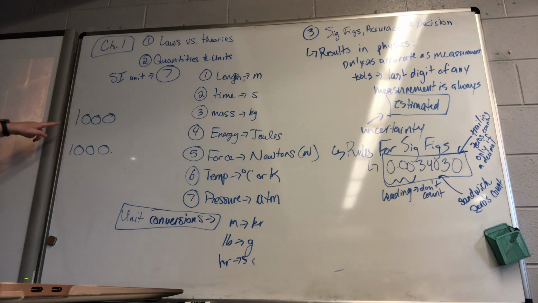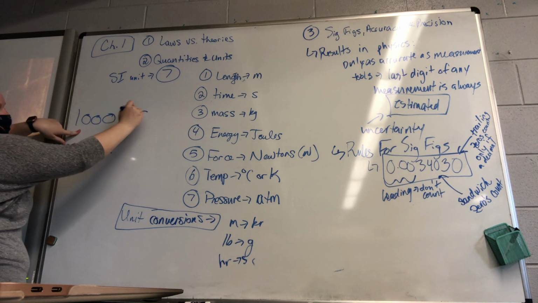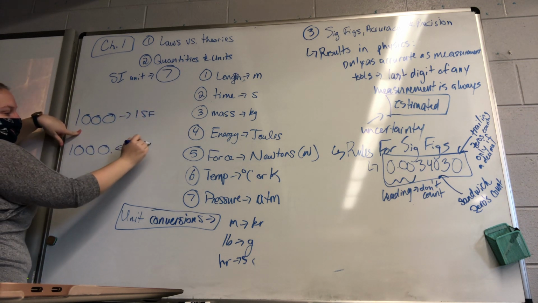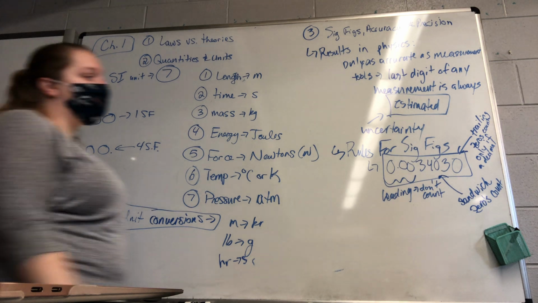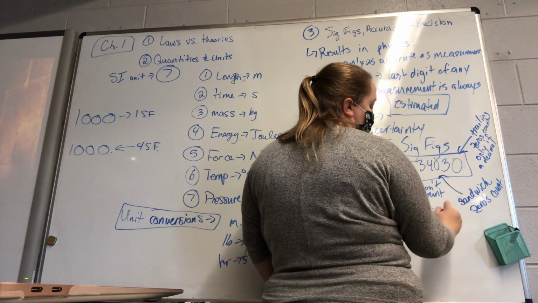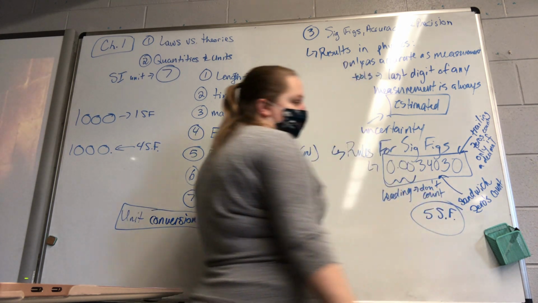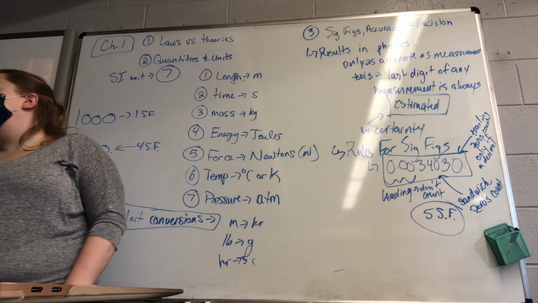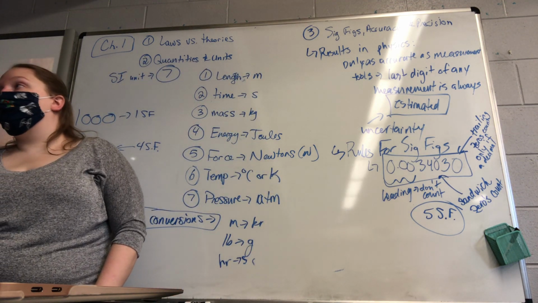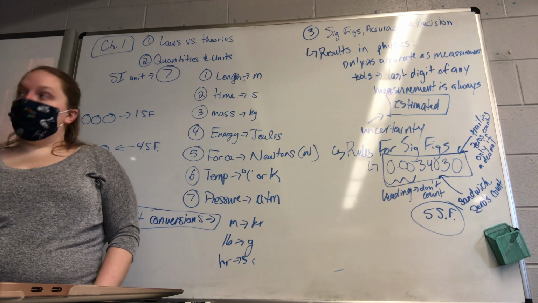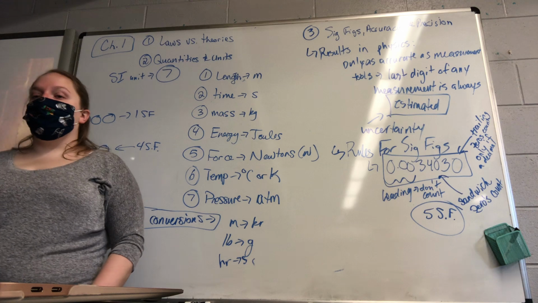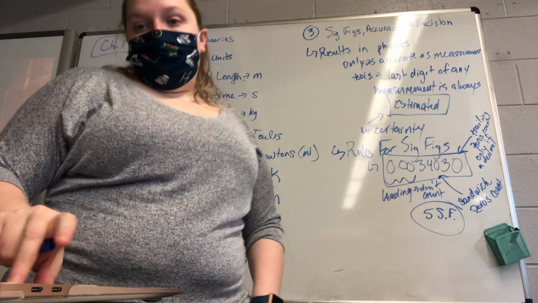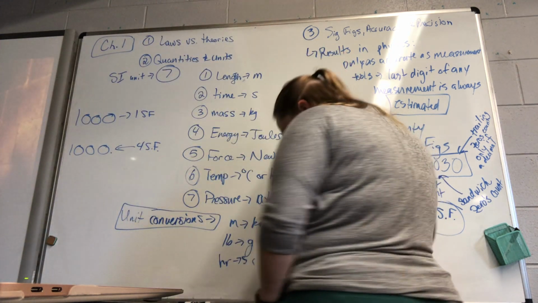So this number has 1 sig fig. This number has 4 sig figs because the decimal is present. Okay, so this particular number has 5 sig figs because the trailing 0 counts, since it does come after a decimal. Doesn't matter where the decimal is located in the number, as long as there's a decimal, that means the trailing 0 will count. Okay, very last thing in chapter 1